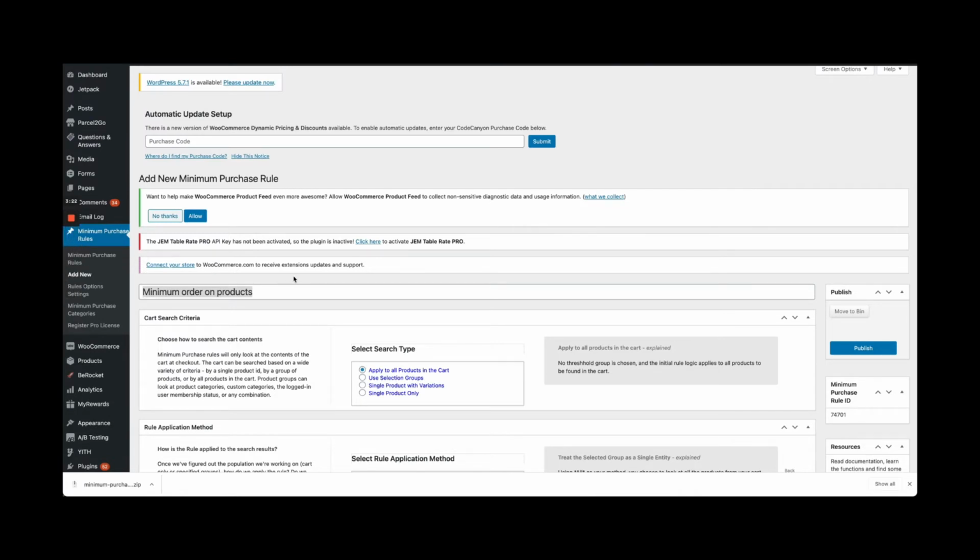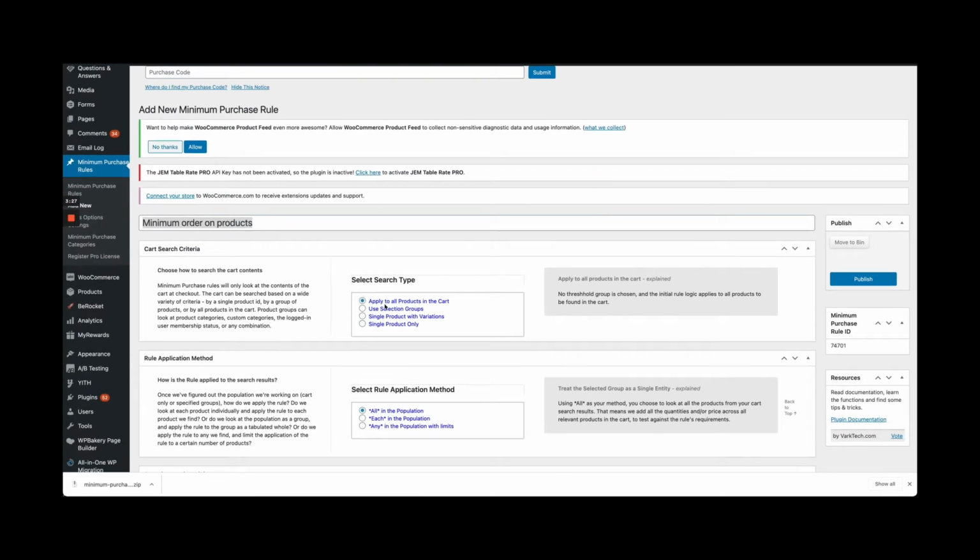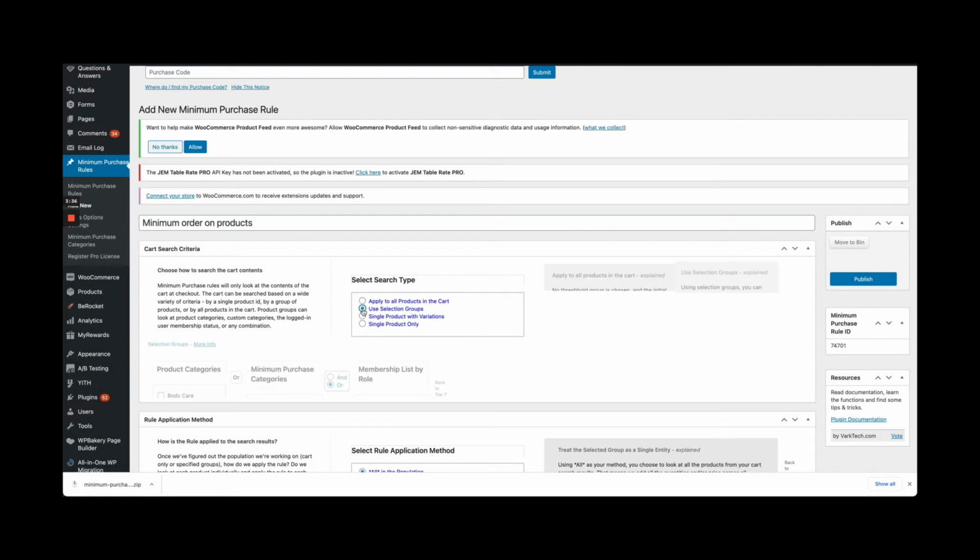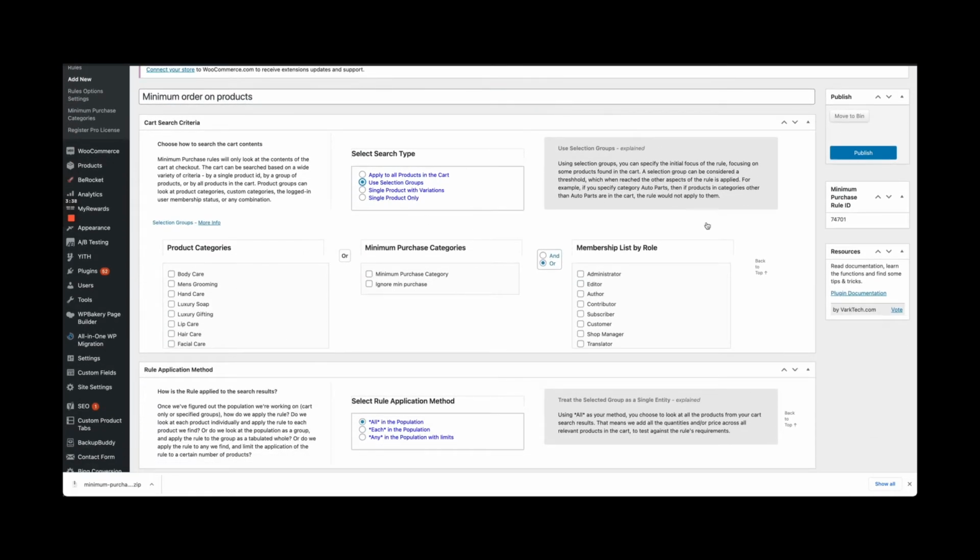So when you set up your default minimum order for products, the default option that will be shown will be to apply to all products in the cart, but in this case we want to ignore certain products. So hit use selection groups, and then these options will come up, but only if you've got the Pro version. So ignore product categories, and what we want to go for is the minimum purchase category. So this is the default minimum purchase category that we set up previously, and leave that as all,